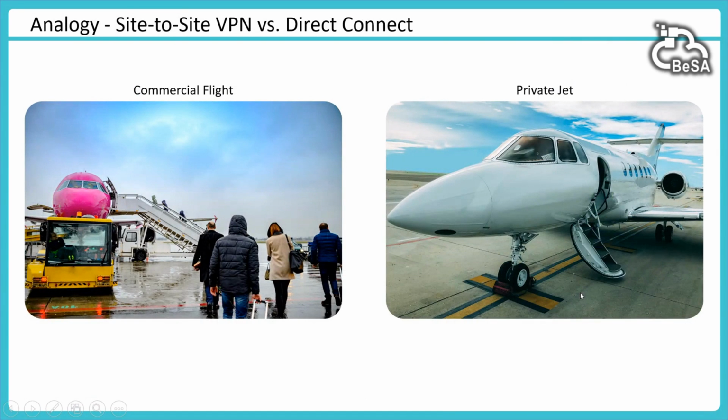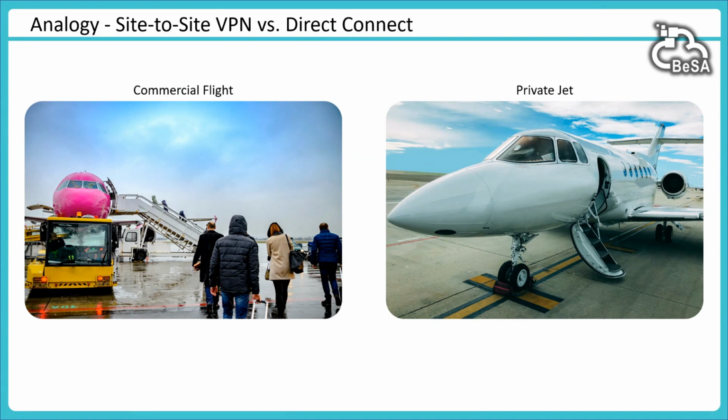We all board flights, right? Think about a commercial flight. You have to go to the airport, wait for your turn to be boarded, buy a ticket, and you get one ticket into a flight. You sit on that, along with hundreds of other passengers, and you move from one place to another. It is cheaper because the cost of the whole flight is divided among different people, depending on the ticket and on how many people are traveling. A flight could be cheaper or costlier, but it is much cheaper than having a private jet. So when you are using a commercial airline to go from point A to point B, basically you are using